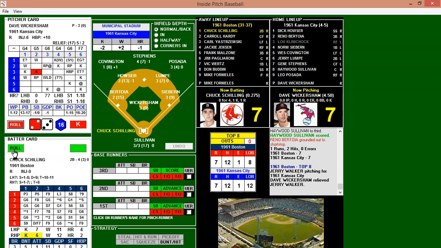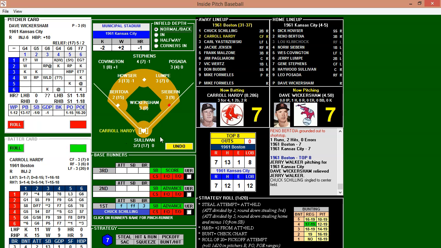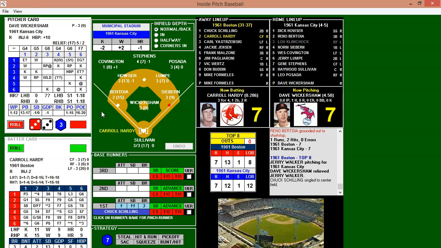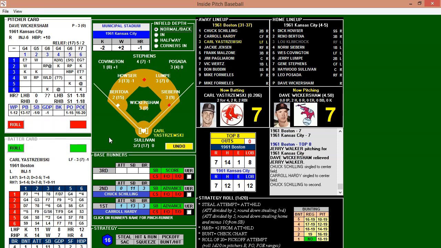Schilling up there. Schilling 0 for 4. And he'll get his first hit of the day, so go ahead, run is on first now. Hardy 3 for 4 with a double and 2 runs scored. Wickersham looks in for the sign, looks at the runner. Here's a delivery. Schilling being held on by Seaburn. And it's going to be a base hit. Schilling will hold at second, so first and second. First run is on for the Red Sox.